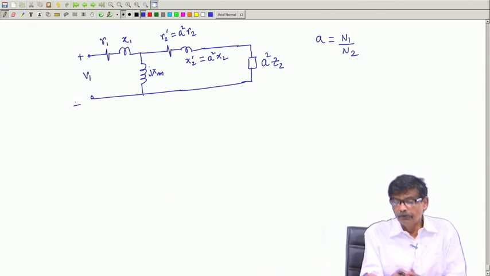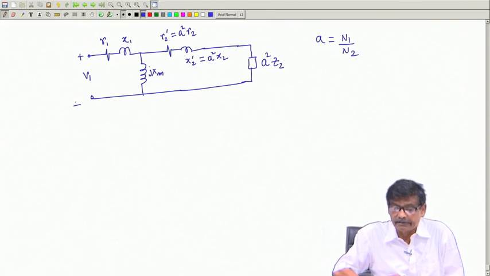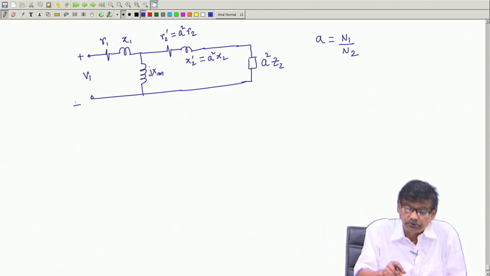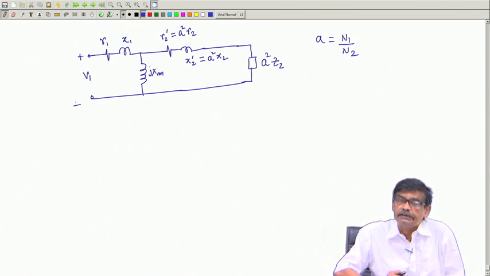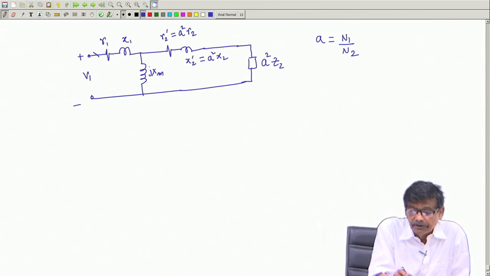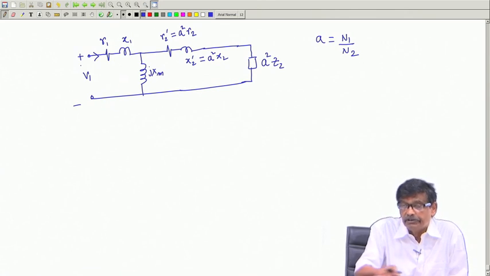So, it is almost the correct equivalent circuit of a practical transformer, but in this equivalent circuit, what elements should we now add which will represent the core loss? Core loss means heating of the core. Heating of the core will take place because of eddy current loss and because of hysteresis loss. This is the only source of power which pumps the power into the system.